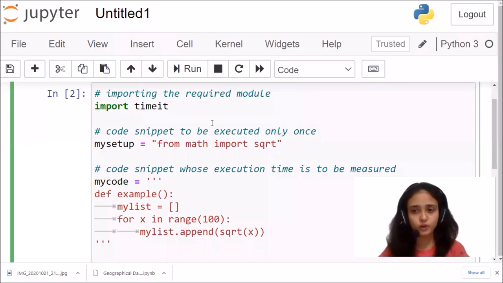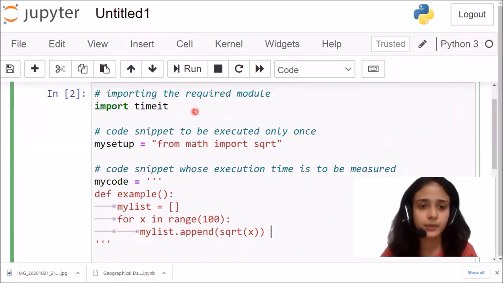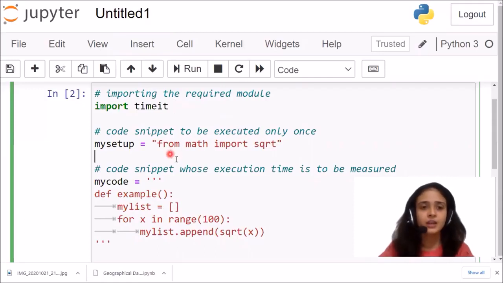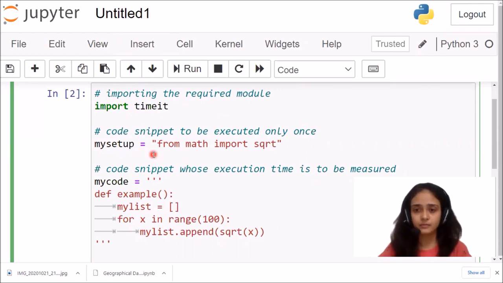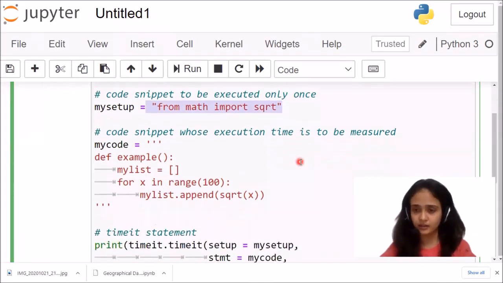This is my notebook file, and in this you can see that I'm importing the required module, import timeit. Then I write the code snippet to be executed only once, that is my setup. I write my setup as a variable, and the statement is from math import sqrt, written as a string like this.